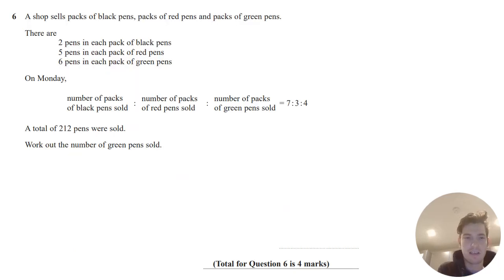Okay, this one was a little bit tricky. A shop sells packs of black pens, packs of red pens, and packs of green pens. So the important thing is that in the first part of the question, it says there are 2 pens in each pack. So the first thing is saying how many pens are in each pack. And then the second thing, it's telling me the number of packs sold. So before I do anything, it tells me the number of pens that are sold. Well, I'm not actually going to use this ratio here. I'm not going to use that one